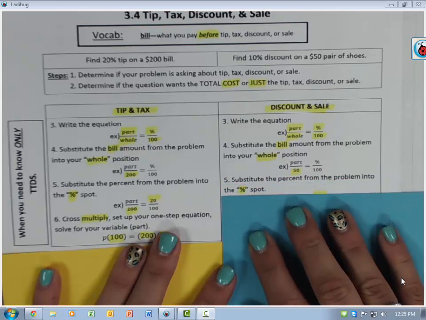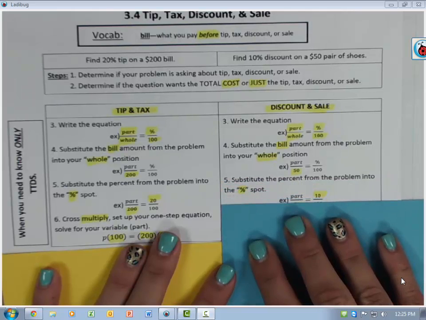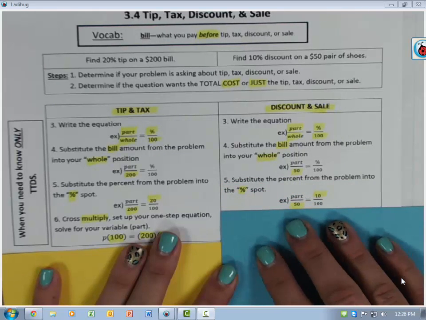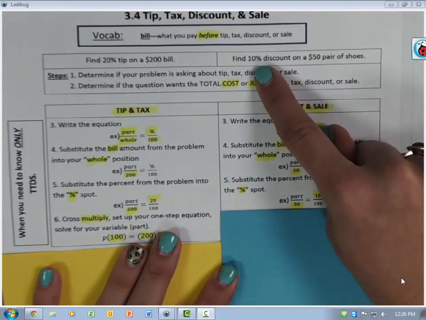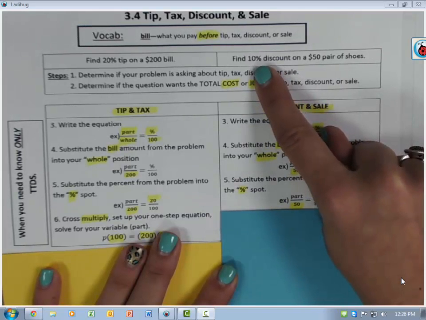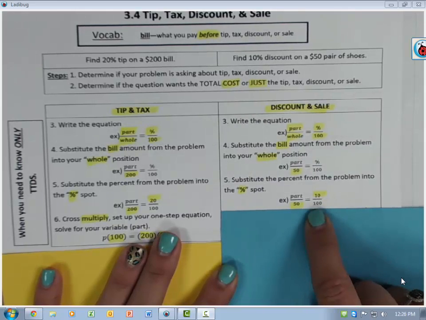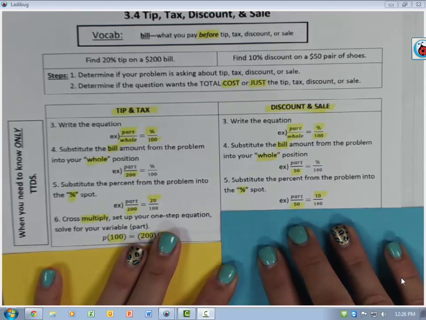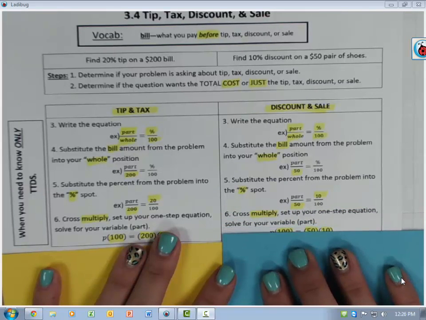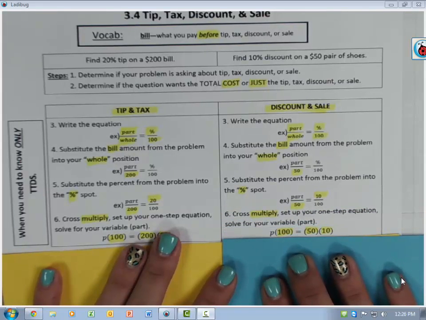Then you substitute the percent from the problem into the percent spot. Now look at your percent. We got 10% discount. So we got a discount of 10%, so you're going to put your 10% there, your 100, your given. Now do you know how to solve for your part now? Good, you should be able to cross multiply to set up your one-step equation and then solve for your variable,